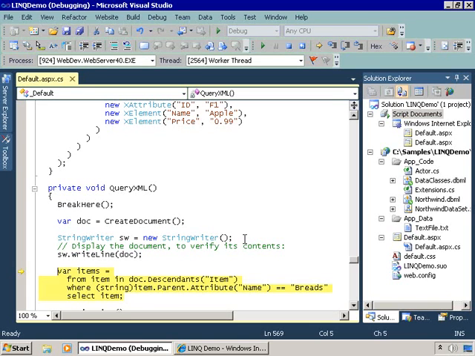You can write a LINQ query that does the work for you. From item, that's our iterator, in doc.Descendants, and in quotes, item. That says, find me all the descendants of the root document element whose name is item. Well, we found all those items, but there's items that are in the wrong department. So we now want to say where